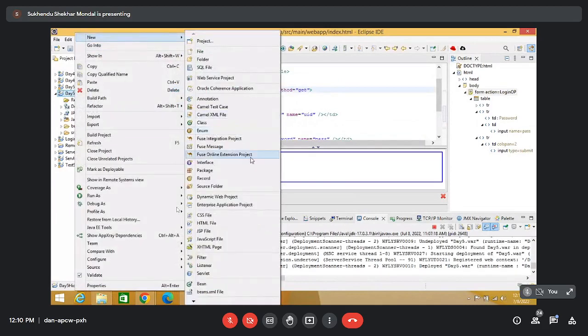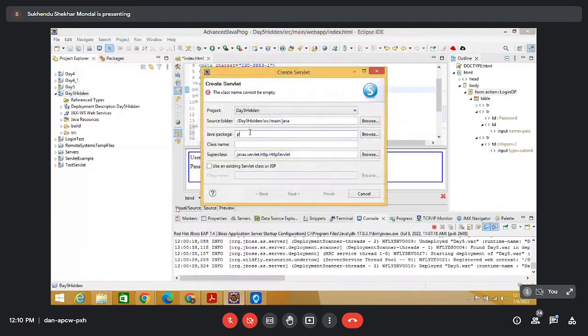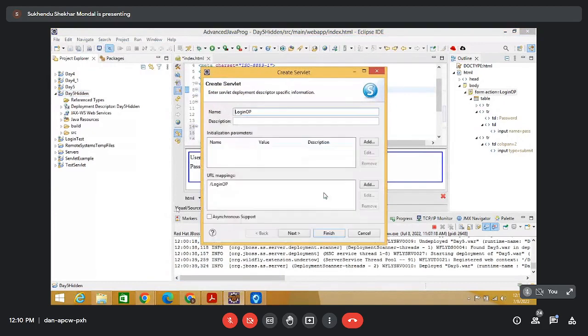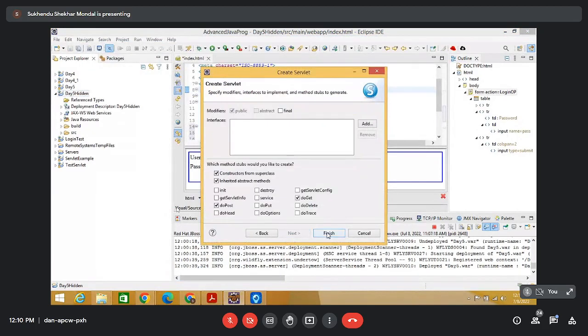So right click, new servlet, and package is v1, and this is suppose login OP, and next, and this is finish,